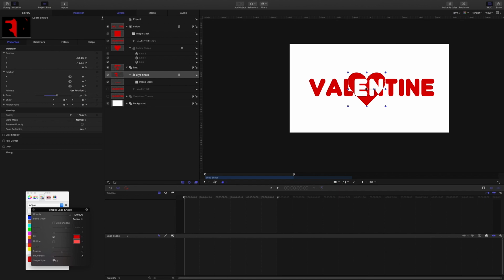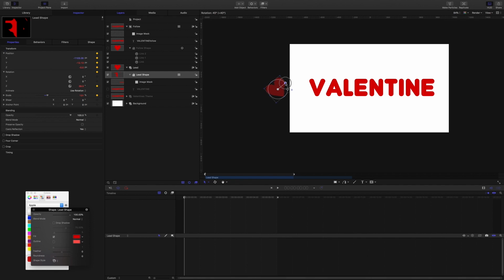I've got that lead shape selected, and I'm going to start with it off and out of the way, and I'll come into the inspector, and with the playhead at the start I'm going to set a keyframe for the position, Z rotation and the scale, and I'll drop the scale right down, move it to about here